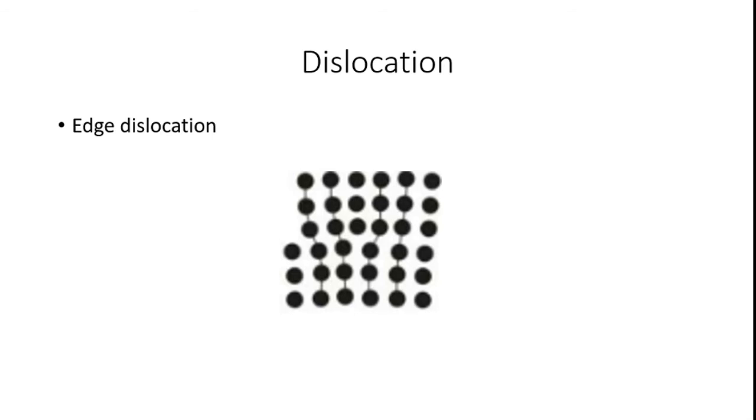Here, the displacement of the atoms that occurs when a dislocation passes a point is described by a vector. It is also known as a Burgers vector. The direction of the vector with respect to the dislocation line, and the length of the vector with respect to the identity distance in the direction of the vector, are the fundamental characteristics of a dislocation. So now you are aware of what a dislocation is and what characteristics are available with the dislocation.